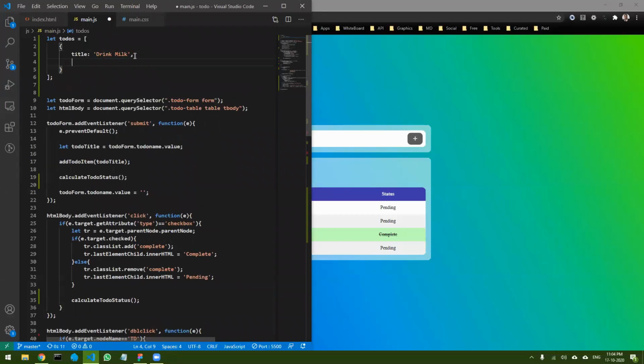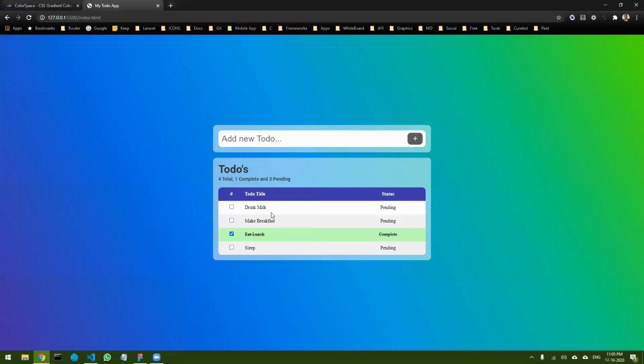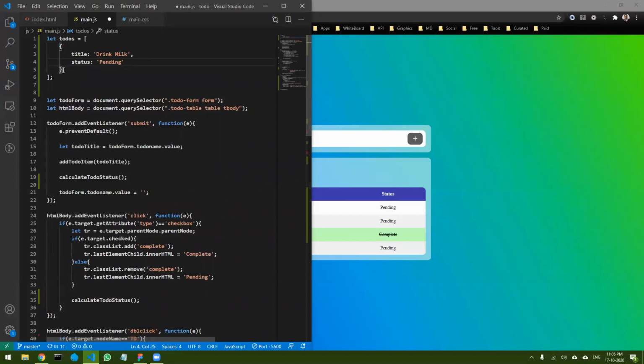and there should be a status. What is the current status? So it can be complete or pending. So we can call it complete or pending. We will make some things pending and some things complete. So let it be the same as the way it is seen over here. The first one is pending, then we will add a comma, and let's duplicate it